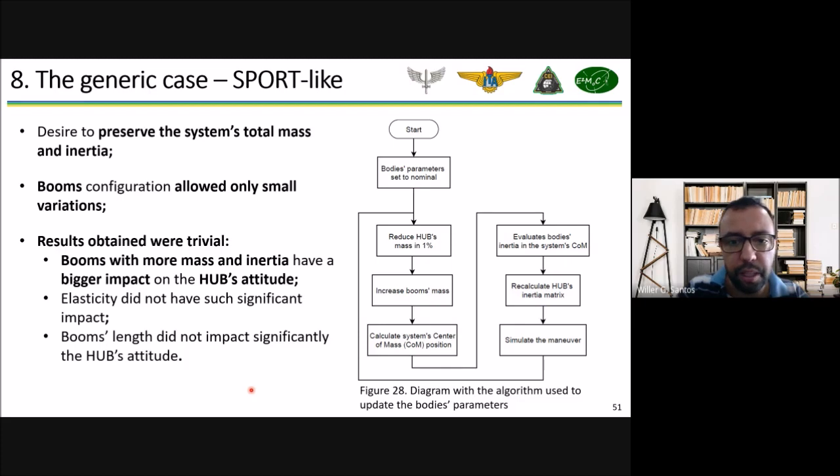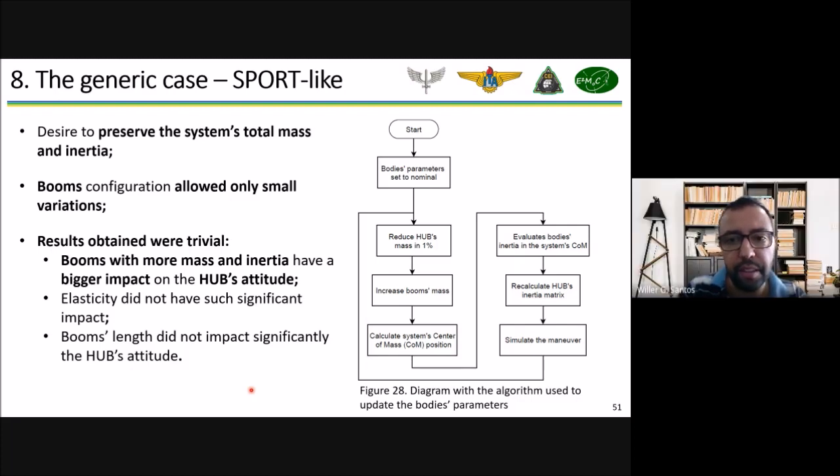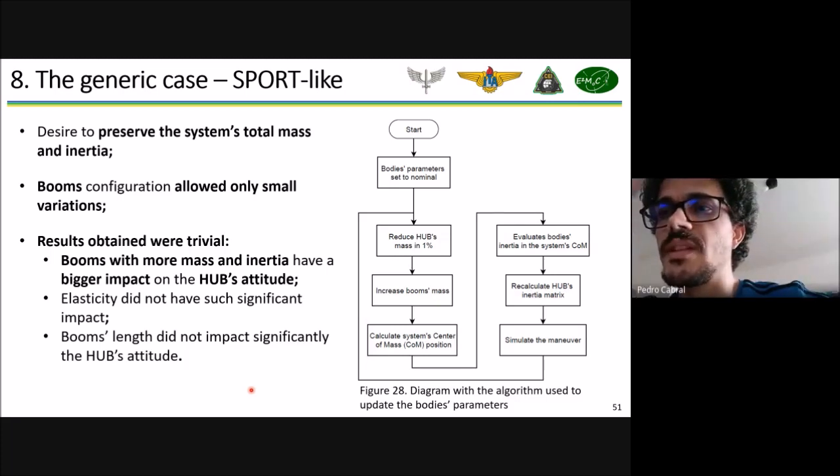E outra coisa que eu coloquei é quando termina esse processo. Em algum momento ele tem que terminar. Entendi, tem que ter uma condição de parada aí. Tem que ter uma condição de parada. Você tem que ter um bloco if aqui para ele parar. Ah, sim, é verdade, Will. Eu acho que poderia colocar um losanguinho de decisão, colocar if, condição e retorno, e pode retornar para a caixa reduce hub, por exemplo. E se estiver ok, se atender os parâmetros, aí você pode encerrar o processo. Uma coisa assim, faz sentido.